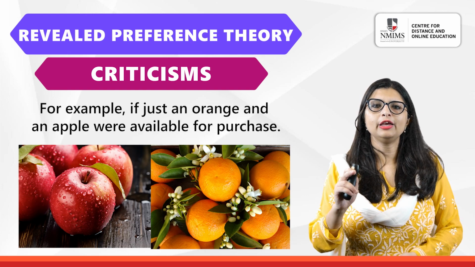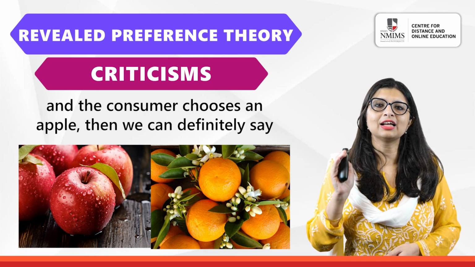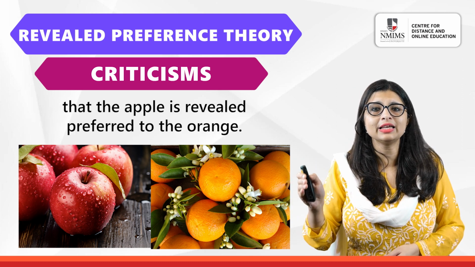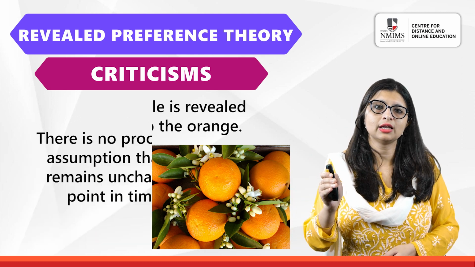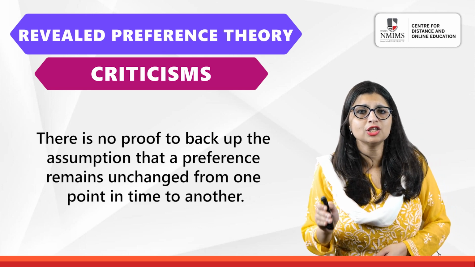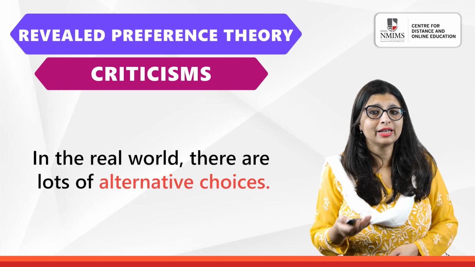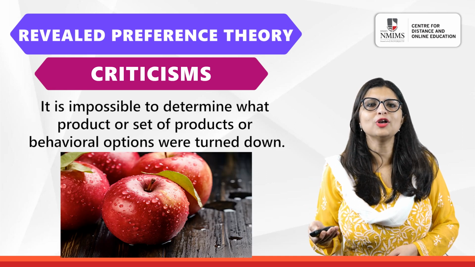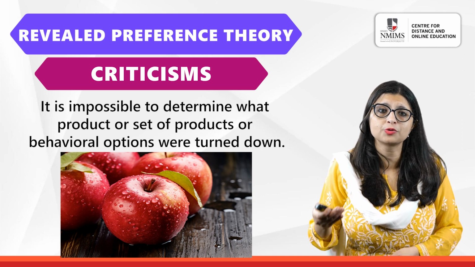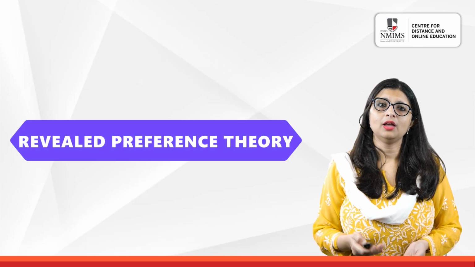For example, if just an orange and an apple were available for purchase and the consumer chose an apple, then we can definitely say the apple is revealed preferred to oranges. There is no proof to back up the assumption that preference remains unchanged from one point in time to another. In the real world, there are lots of alternatives and choices. It is impossible to determine what product or set of products or behavioral options were turned down in preference to buying an apple. So that's it for